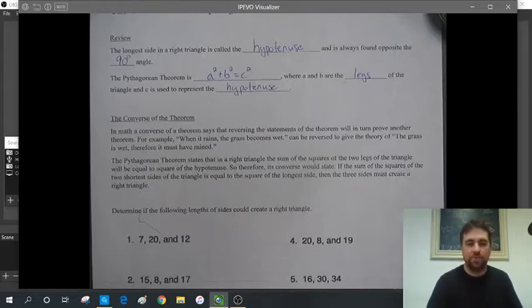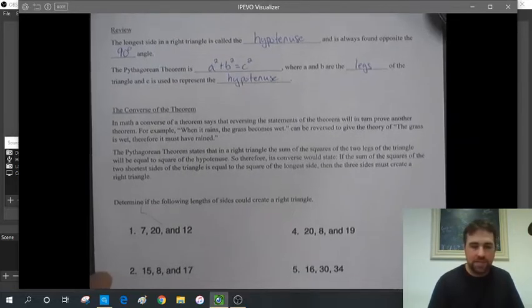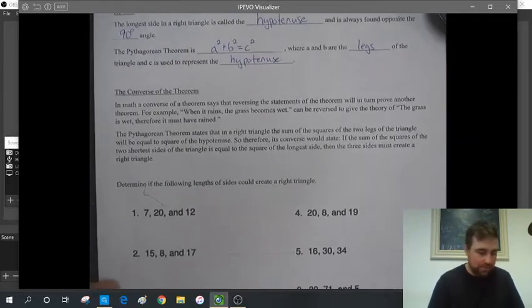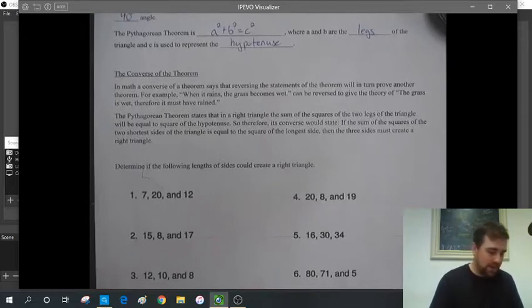Okay, so we're basically using the fact that if we're given three sides of a triangle, and we know the Pythagorean theorem can only be used with right triangles, if we can substitute our side lengths into the Pythagorean theorem and make it a true equation or a true statement, then it's going to prove that those three sides would make a right triangle. Okay, so for our examples here, number one, we have sides of 7, 20, and 12,